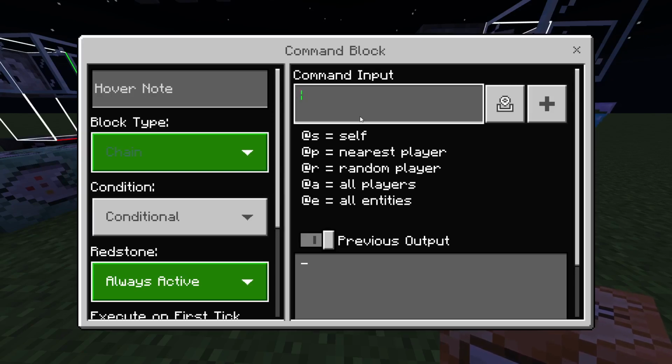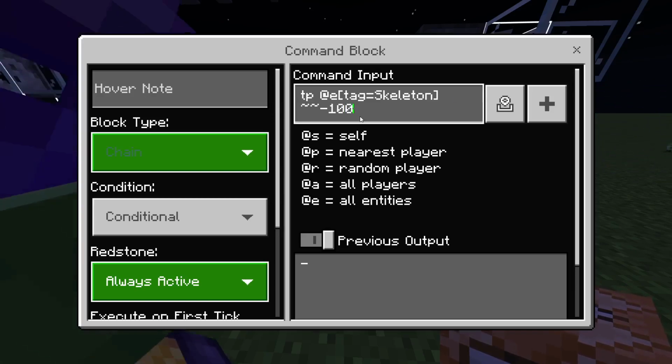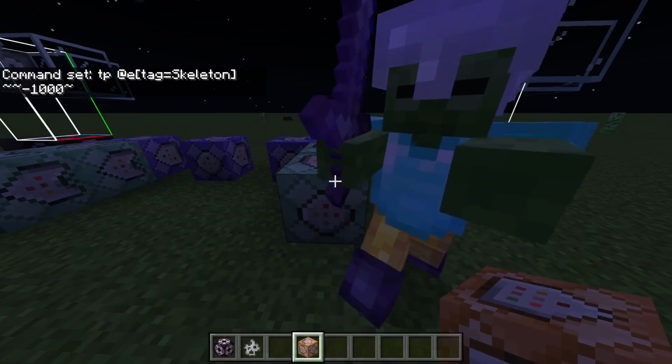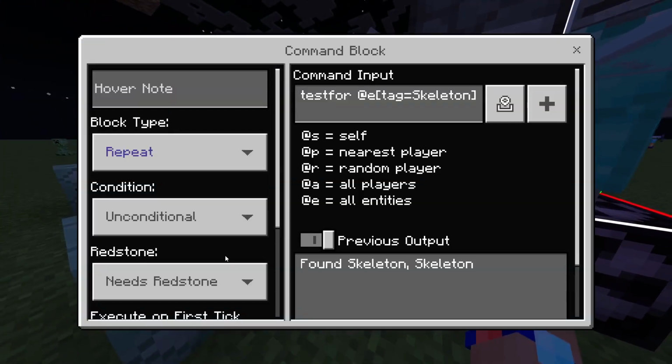So next we want to do TP at entity and then specify the normal ones, so the ones with tag skeleton, and then simply tilde, so their current X location, another tilde, so their current Y location, and we're going to take away 1000 from that, so it goes down and teleports it straight into the void, and then their current Z location, and then back at that. And now we just have to enable this one,